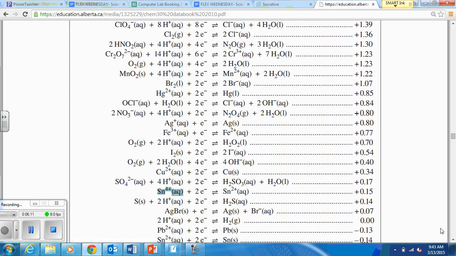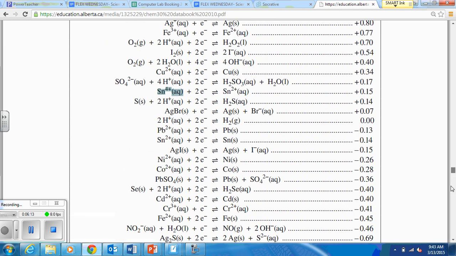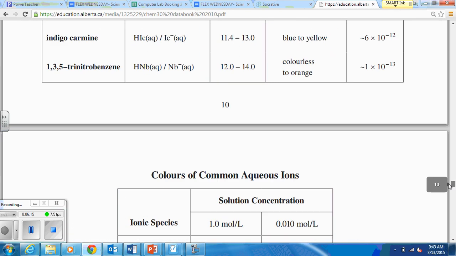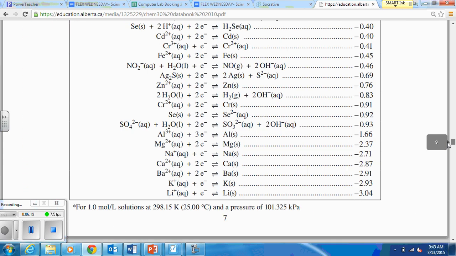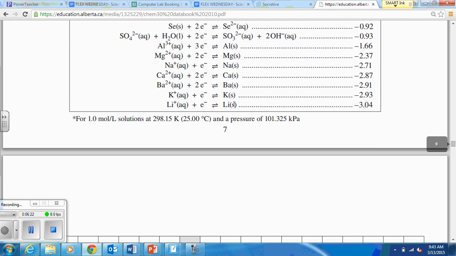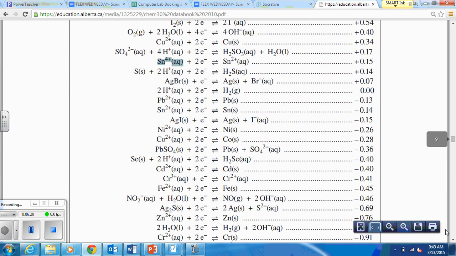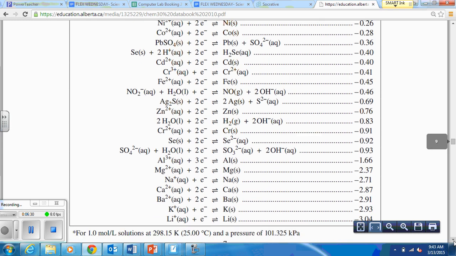Go to your page 7 again. This time we're going to start at the bottom. So remember, your strongest reducing agent is the bottom corner of your page 7. So lithium, for example, this is the strongest one in our table. So we're going to start from the bottom and work our way up and see what is the first thing that appears between the water, the iron 2, and the I-. So if we just scroll our way up,